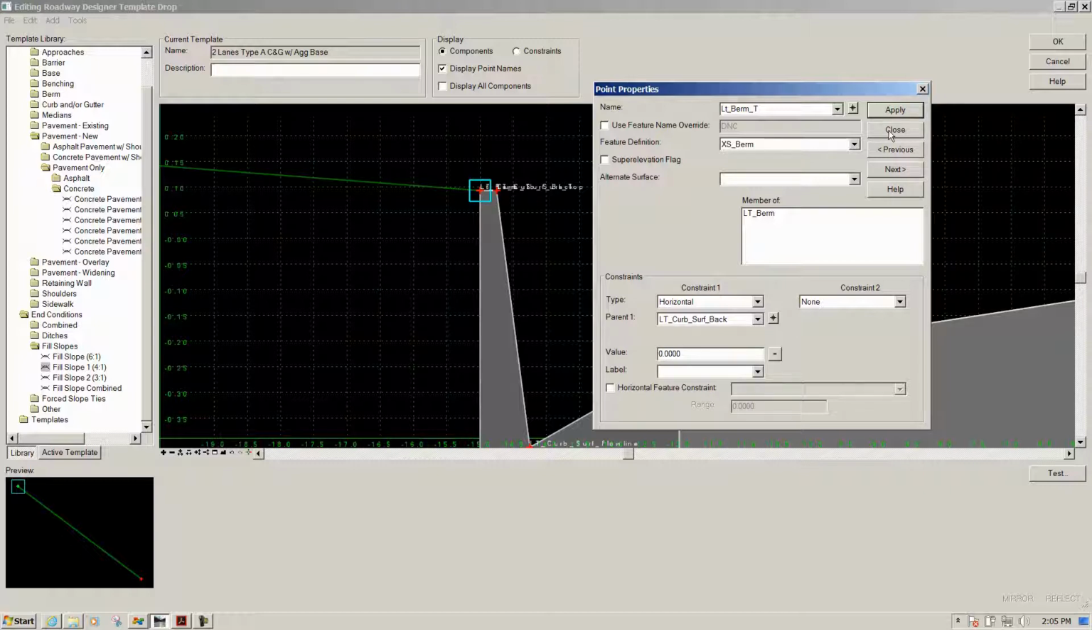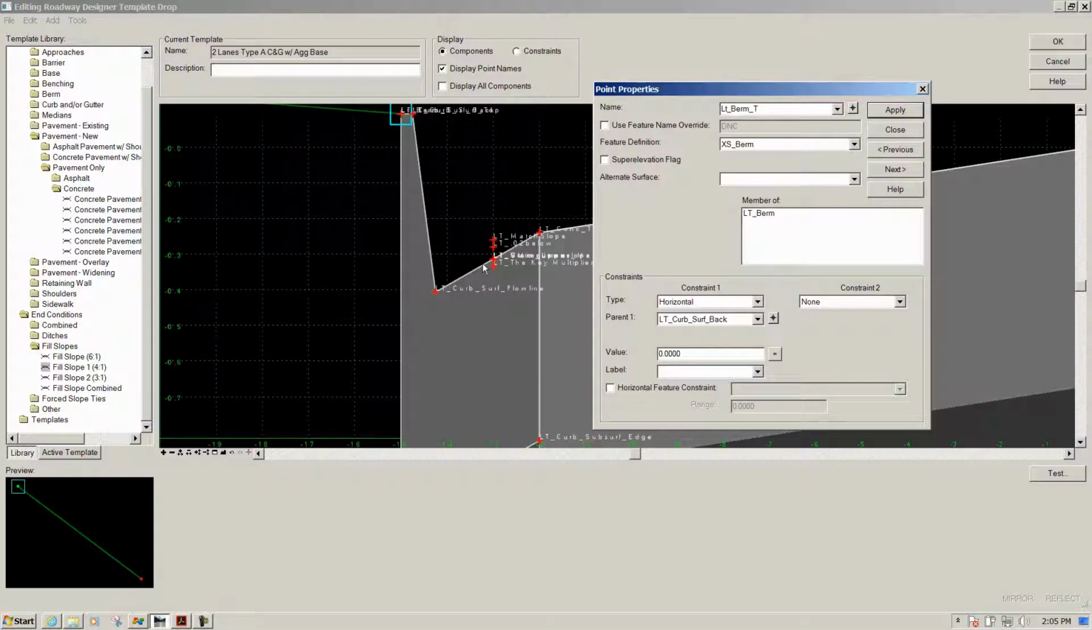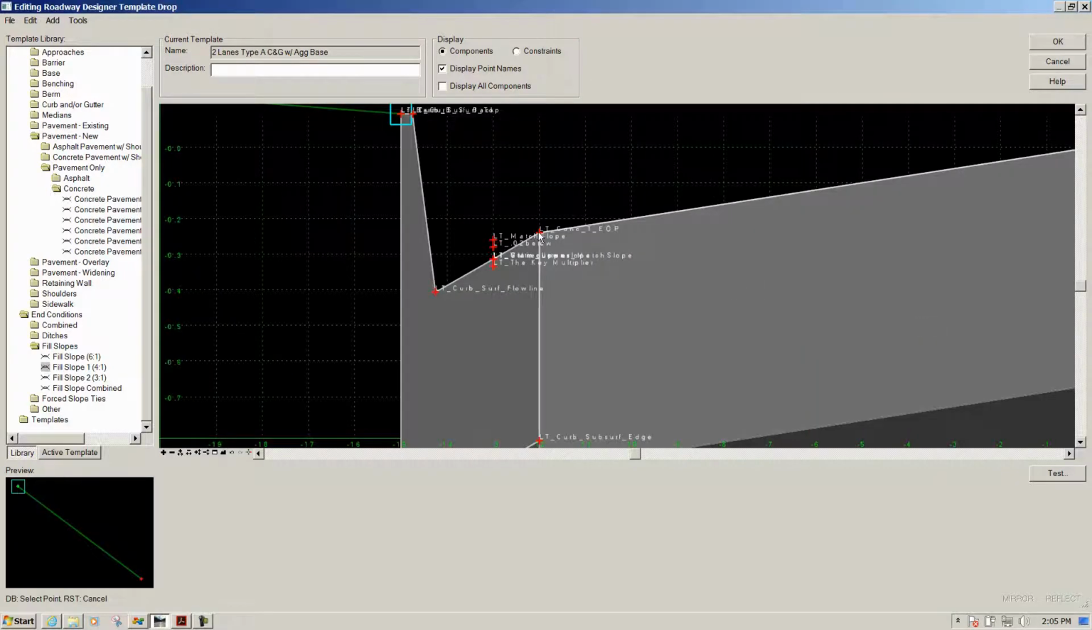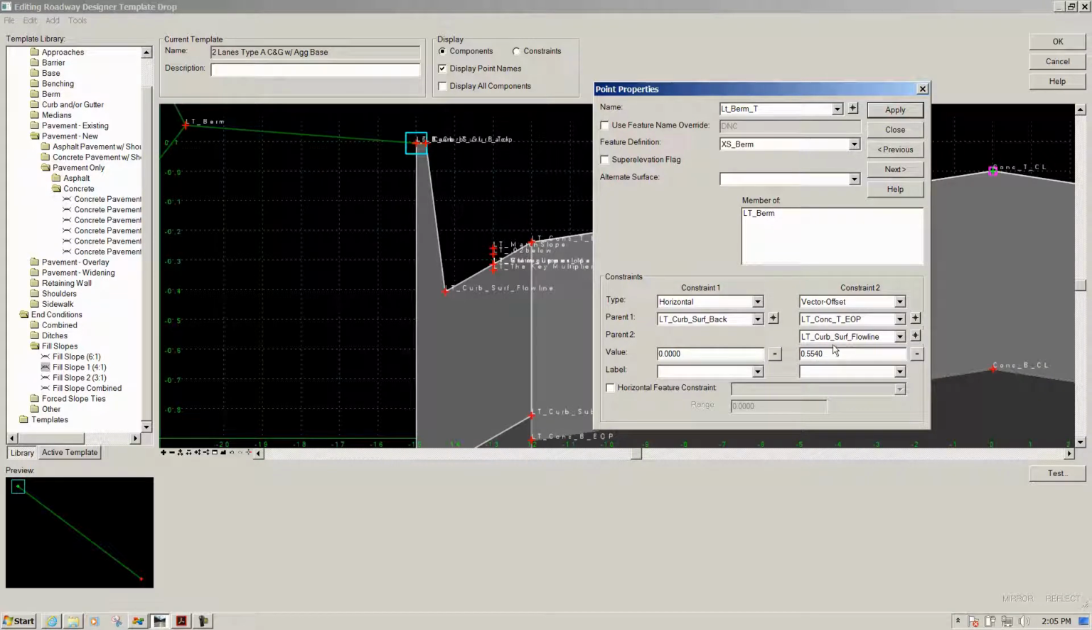And the next thing I want to do is I want that second constraint to be a vector offset of this point and that point. If it's a vector offset, I can then control that height based on that vector offset. So I'm going to go ahead and define my vector first. I'm going to pick this point first, and that point right there in the gutter area. And so the vector is defined, and now that distance from that vector up to that point is